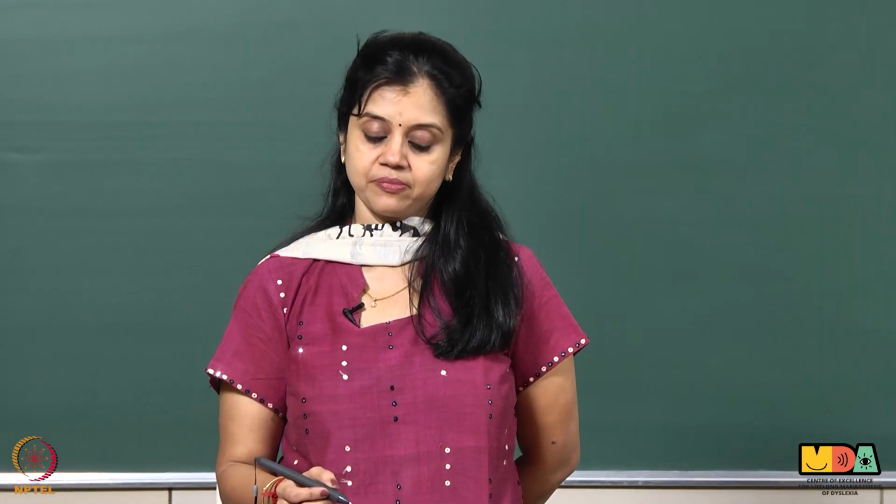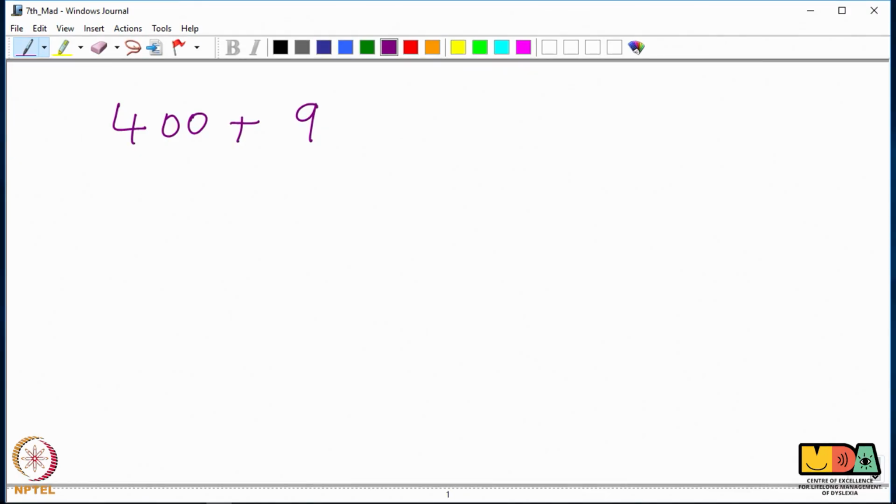Now, look at this sum. It is 400 plus 9. That means there is nothing in the tens column. So, the common mistake that most of our children make is they write it as 4009. Is there a way of helping them overcome this difficulty? Yes, our tiny little caterpillar is definitely going to help them overcome this difficulty. So, let us see how to draw a tiny little caterpillar and then do this sum.